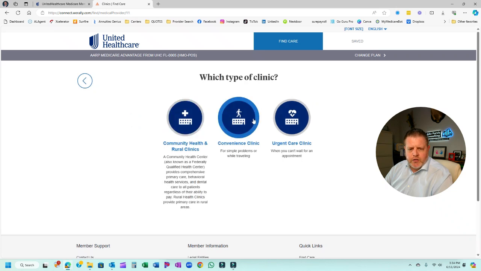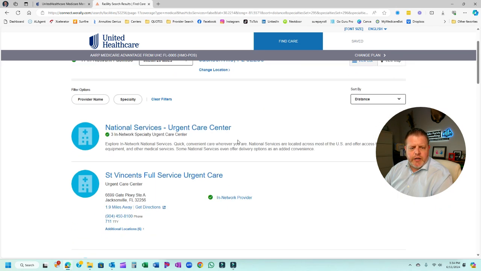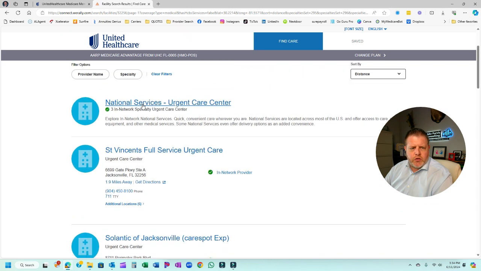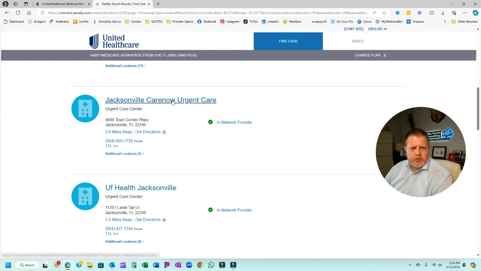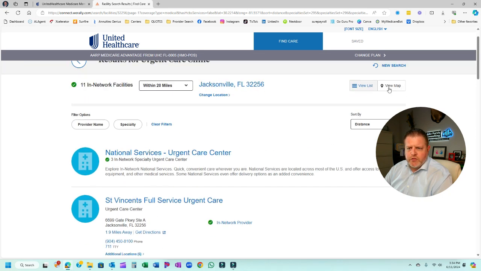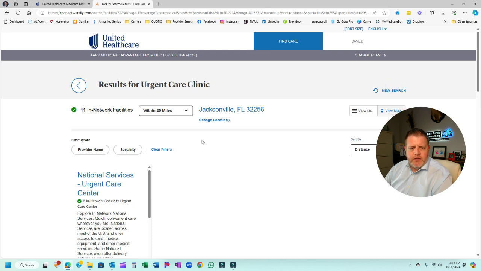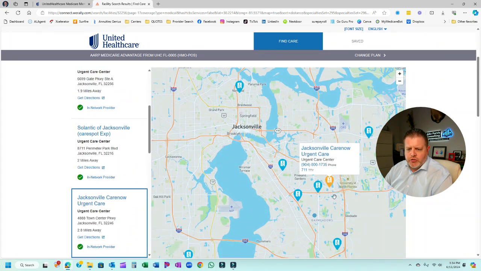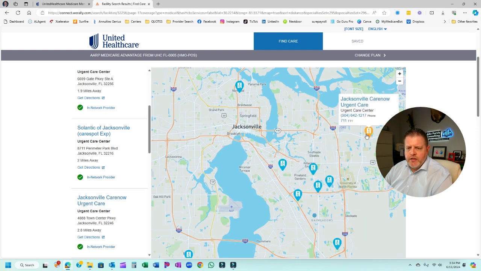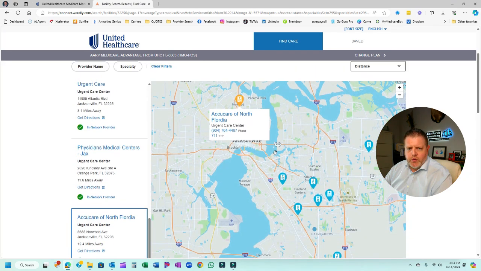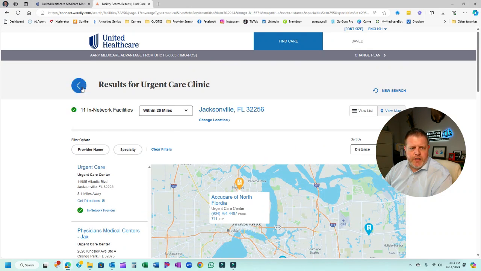So I'm going to click urgent care, convenient urgent care clinic. Close. And here are my urgent care clinics that are in network. So we got our care spots, our St. Vincent urgent care now, and these locations. And we can search by dentist, or I could also view a map. And when this loads up, I should have a map with multiple locations where some urgent care facilities are located that I could get into to see based on my provider, or based on where I live, or if I'm trying to get into care. Let's go back